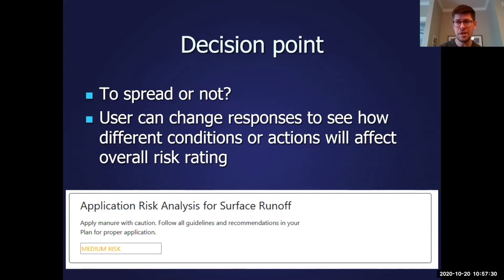And the other point of the tool is that aside from that documentation of your farm practices, by actually working through the form, it shows you the different practices that you can do. So depending on how you spread or the setbacks that you use on your field, there are questions within the ARM questionnaire that relate to that. And if you're going through that and seeing that by changing some of those practices, it might actually reduce your overall risk and push you towards, maybe I could spread more often if I adopted some of these practices. The tool is ideally gradually shifting that perspective, or gradually educating on what someone can do to reduce the chance of having manure end up in surface water.